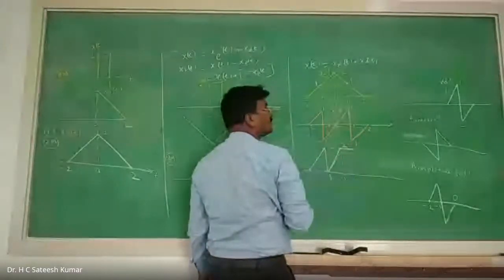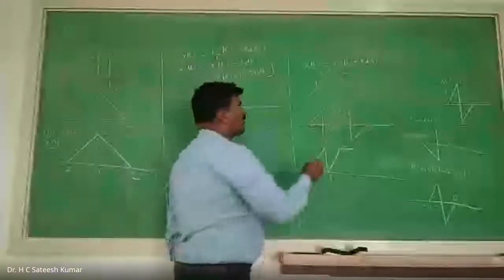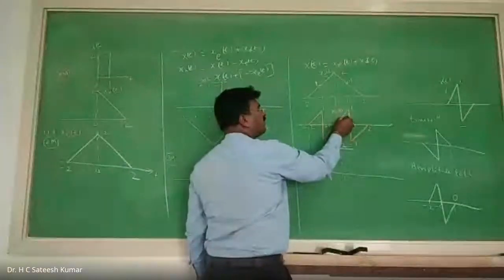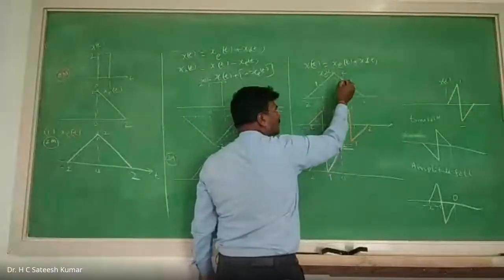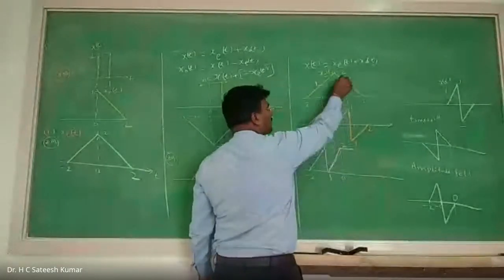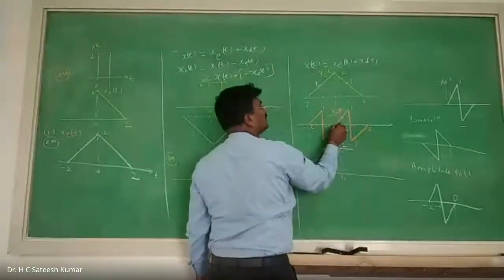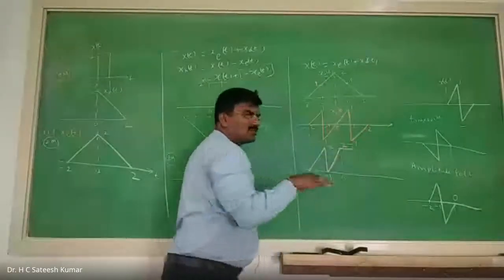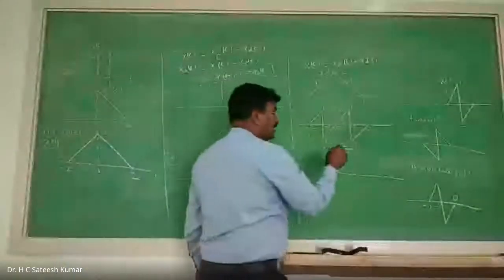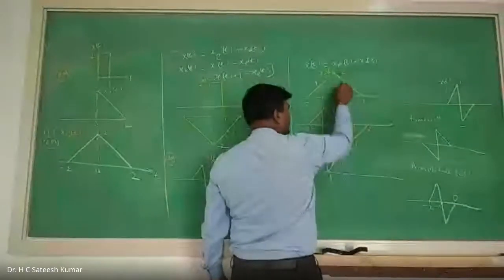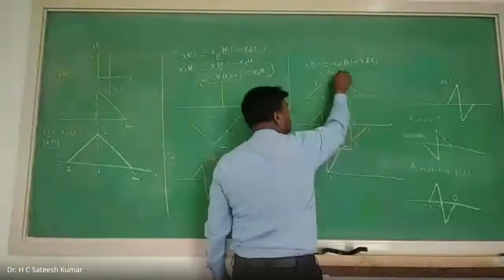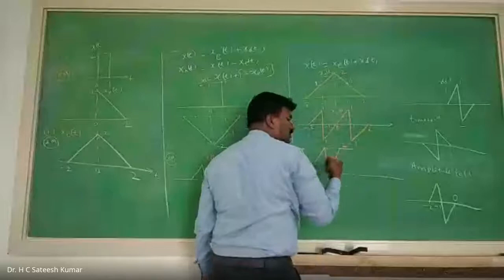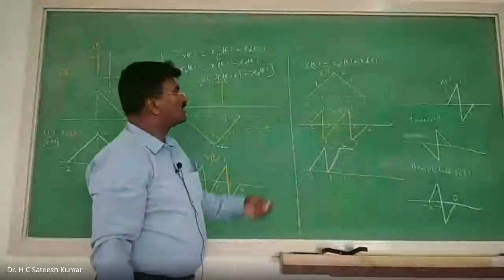And sir, if you want to verify, in between also you can verify. In between what is the value? 0.5. In between what is the value? 1.5. 1.5 plus 0.5 is also 2. And 0 plus 2 is also 2. And 1 plus 1 is also 2. Therefore it is constant. Increase plus decrease is constant at all the points. You add each and every point, it is constant. 2 only you will get. That's why it is 2.